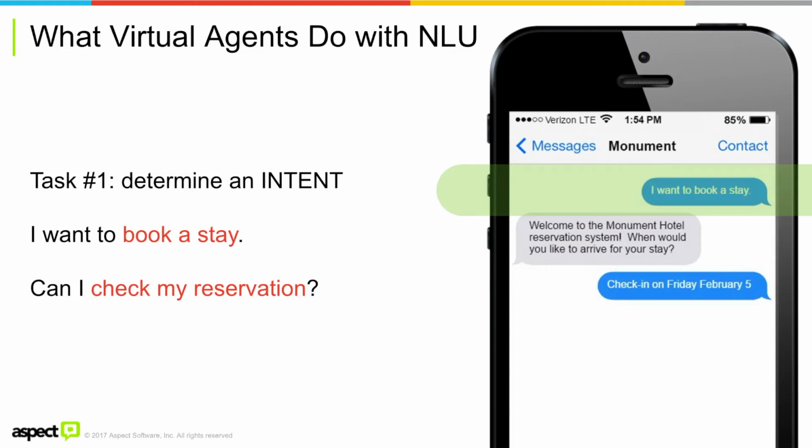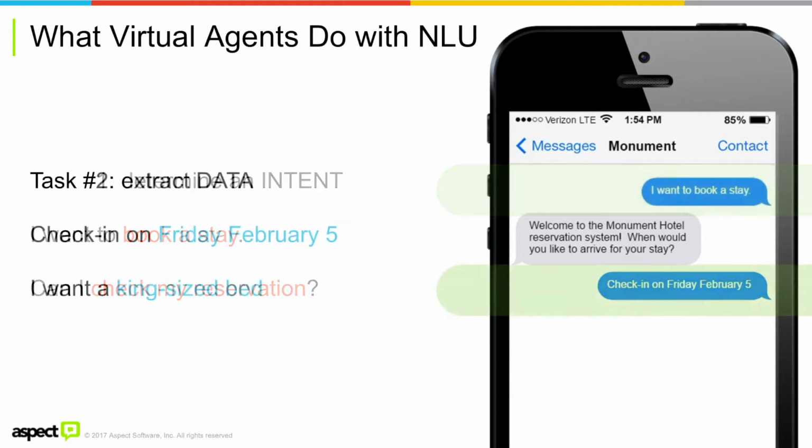Then, if you continue on in the dialogue, sometimes you need a little more information to complete that use case. If they want to make a reservation, you need to find out, well, reservation from when to when. You need to figure out what kind of room they want. So you start asking them questions. You put them in the response role. And now you need to extract the data from their responses. You need to know which answer they are providing me so that I can continue with this task.